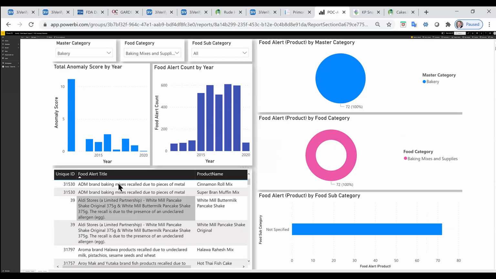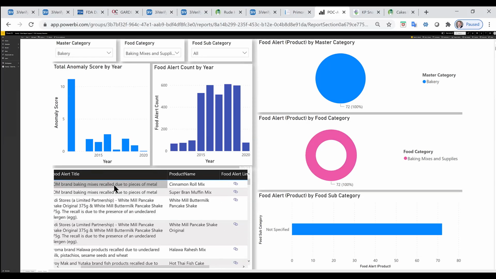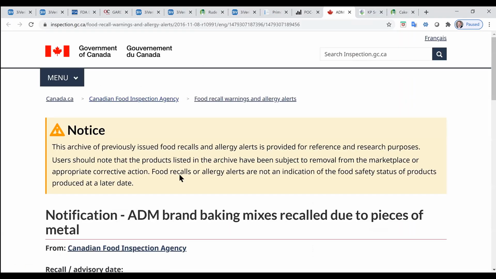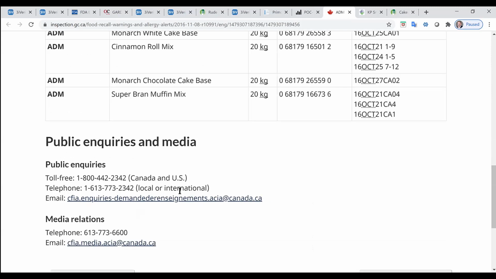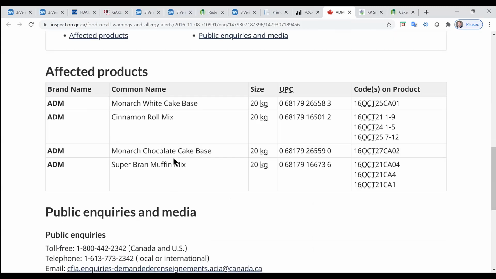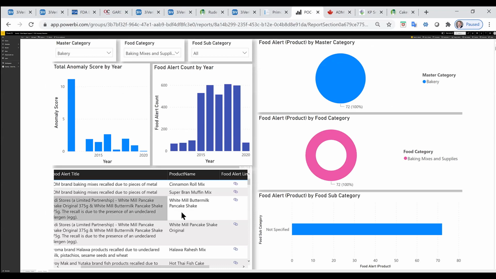Now, you'll notice that these are links straight to the original alerts. So there is ADM, for example, cinnamon roll mix, pieces of metal. We can drill right out to that. That'll take us out to the Canadian Food Inspection Agency, and we can find out what went on there. The actual food alerts are all here. These two graphs tell us something quite interesting, because this is the count of food alerts for that category structure